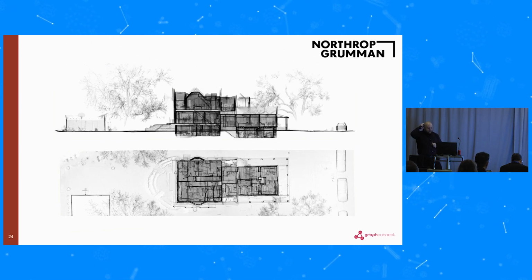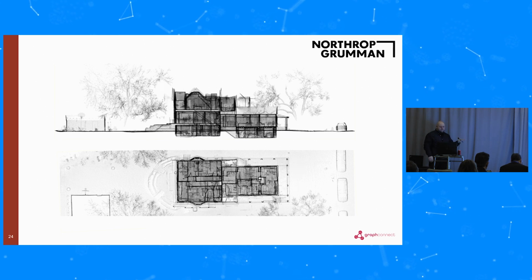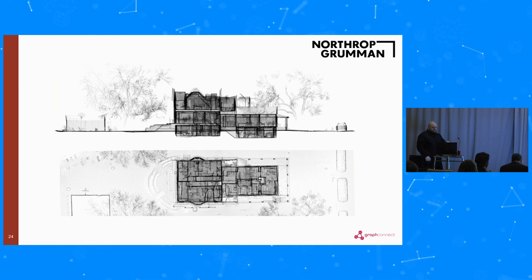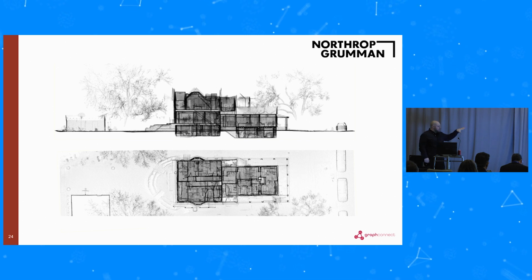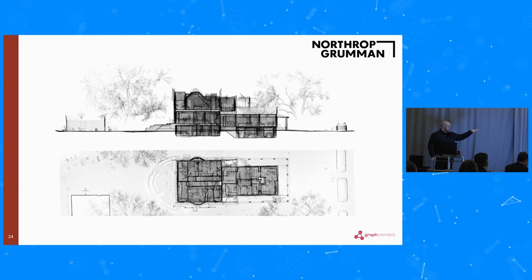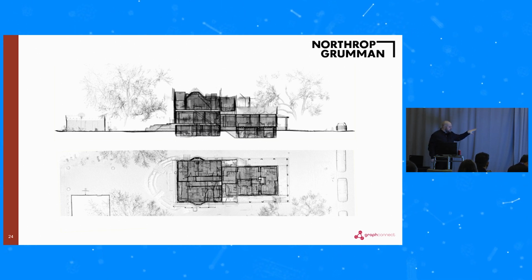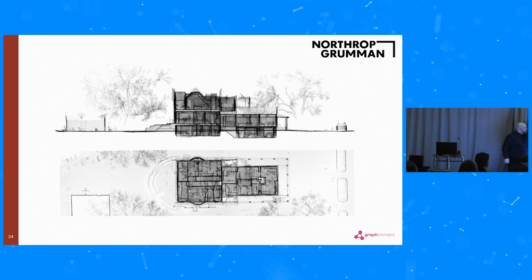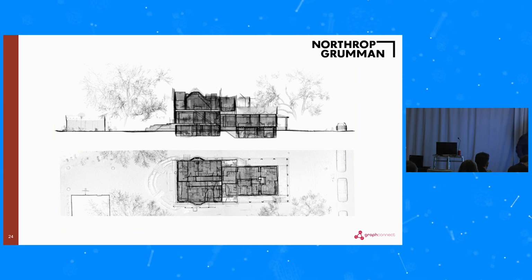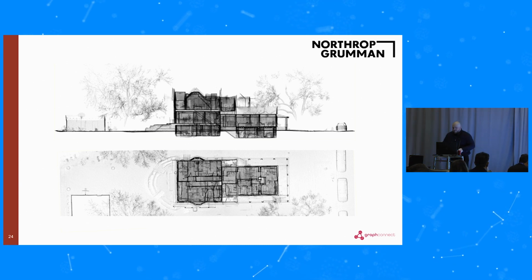Here we have a LiDAR scan with a side and top-down view of a building. And you can actually see how well LiDAR captures the details of the building. I don't know how visible that is to people in the back, but there is actually a basketball court right there. You can see that there are 3 levels of the building. There's a basement, and